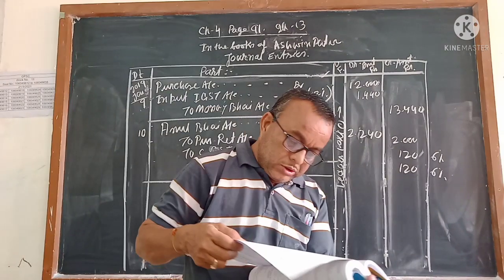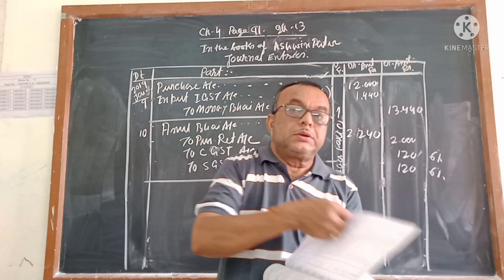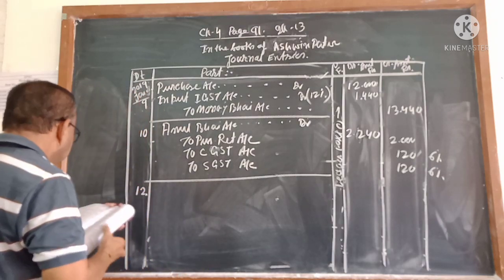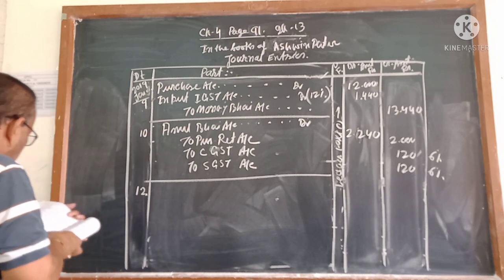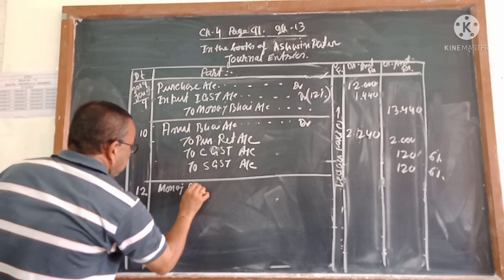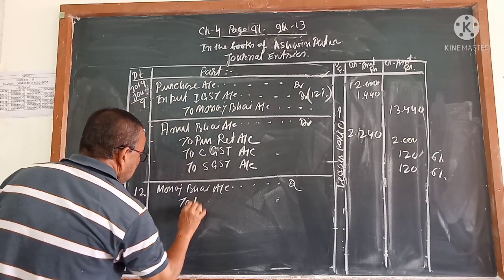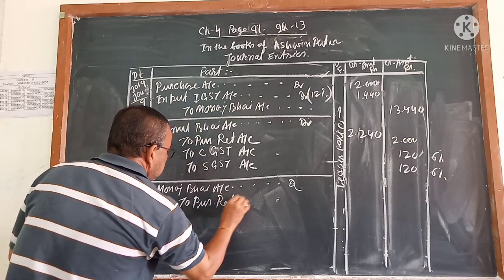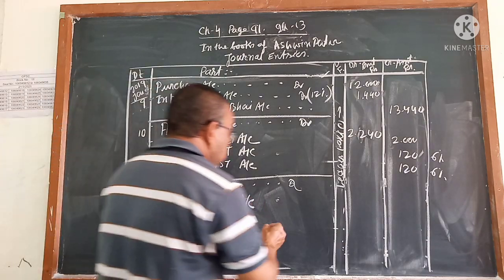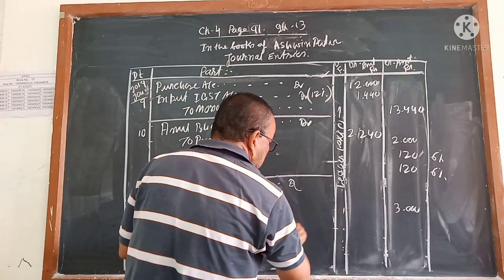12 is there. Now the goods of 3,000 returned to Manoj bhai of Mumbai. Now we are giving back to Manoj bhai. Return by Manoj bhai. Manoj bhai account debit to purchase return. Manoj bhai account debit to purchase return account. पहले purchase return, Manoj bhai account debit to purchase return of 3,000. Purchase return 3,000 first to write. This amount to write. This is the cost of the goods.